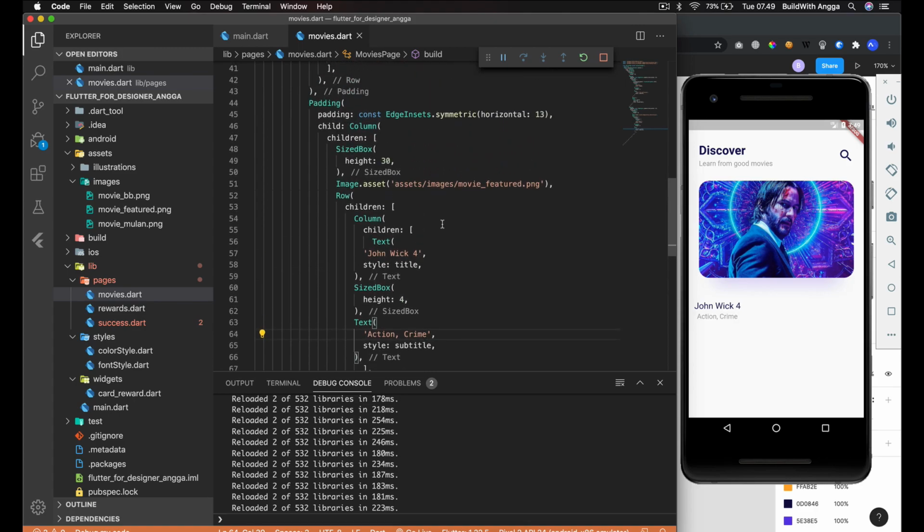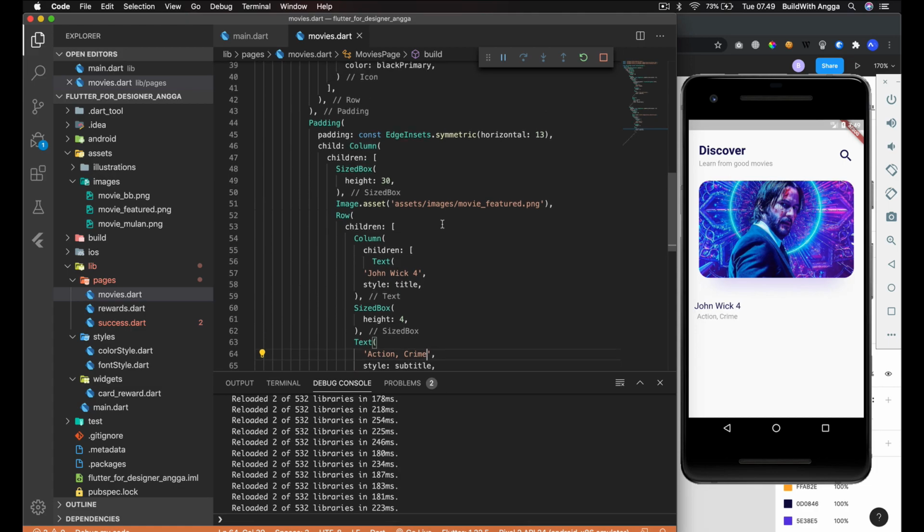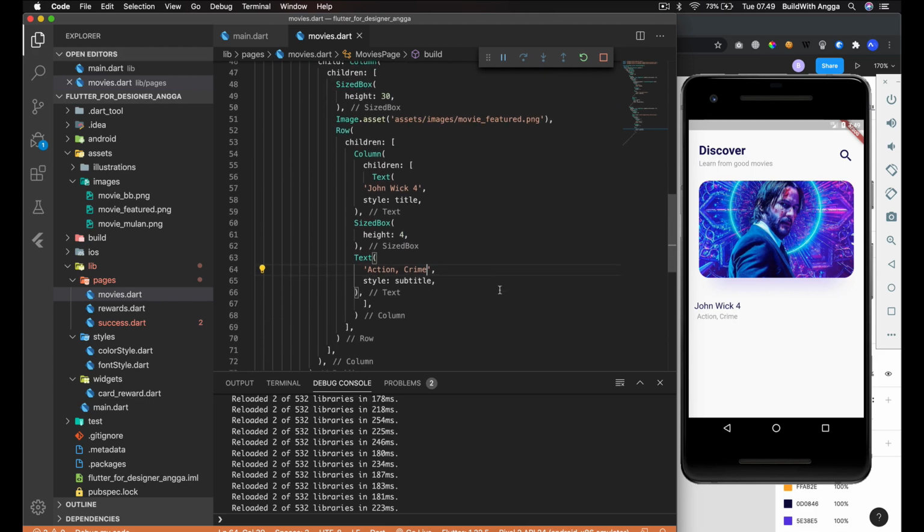And I guess the padding, right? So this is the padding for this image, but it seems it doesn't work with this title. Okay, I think later we need to figure out how to fix this layout, but that's fine.